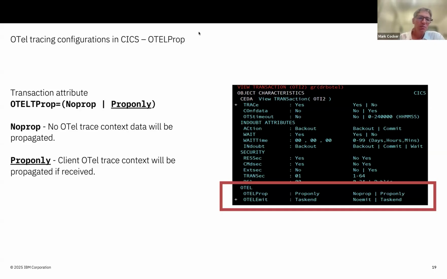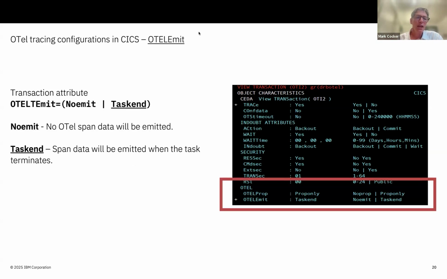But otherwise, you would be encouraged to use PROP ONLY, and that would then propagate it to other environments. And then the other option I mentioned was OpenTelemetry emit.